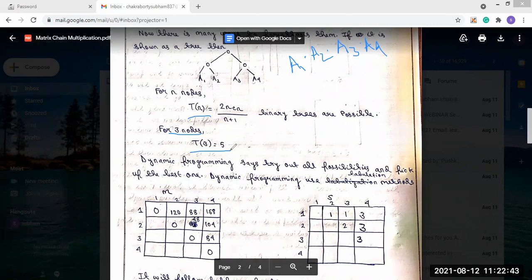Now what does dynamic programming use? The tabulation method. The tabulation method is basically done by a table. So using the table, we will perform this matrix chain multiplication. It also follows the bottom-up approach. Always remember that dynamic programming follows the bottom-up approach. That means we will take smaller values and fill the table first, so the table will be prepared first.